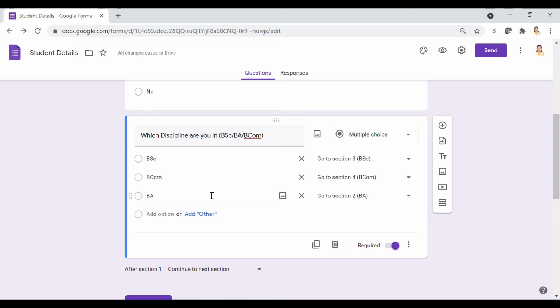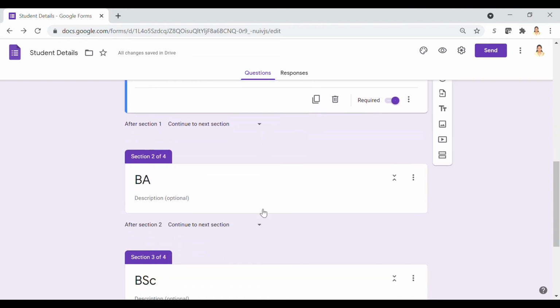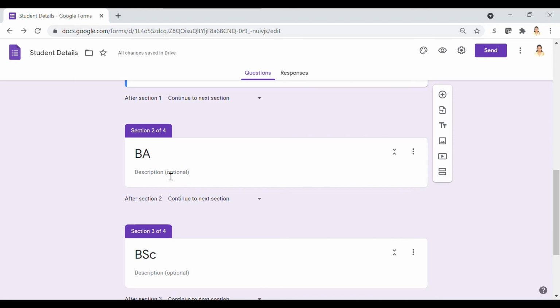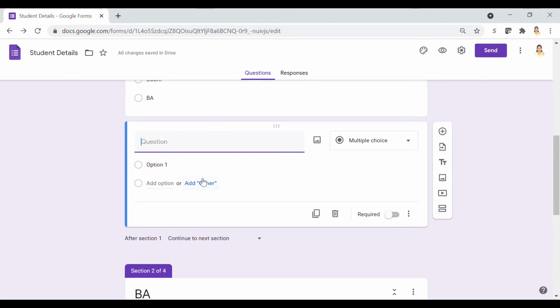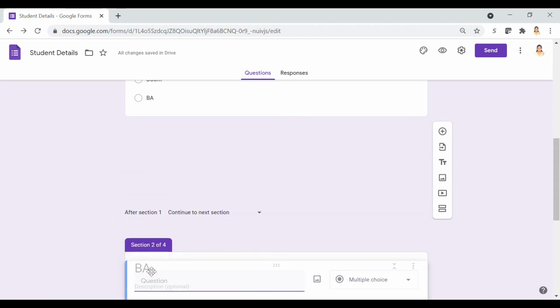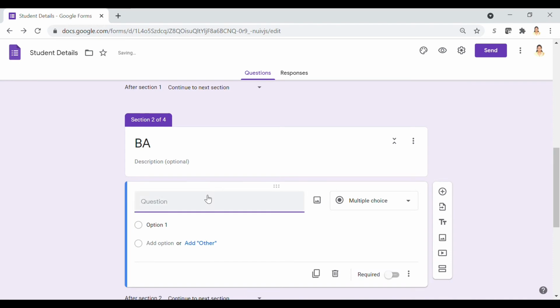Let me do the same for the others as well. In each section, select specific questions which need to be answered. I can duplicate the earlier question and drag it to the next section and make changes.